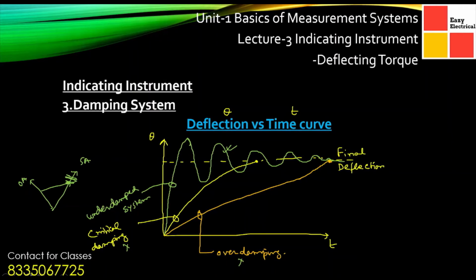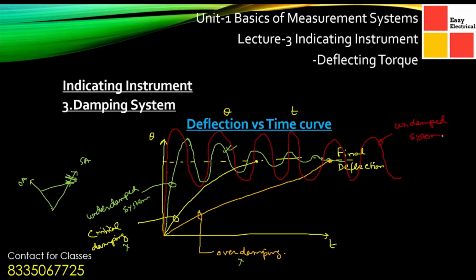One more example I can give you is what we call the undamped system. In an undamped system, basically the damping system is not included. In that case, what will happen is we cannot even reach the final output. This is the undamped case. This undamped situation makes it very difficult to obtain any final value. This is an undamped system. So by this explanation you can understand some of the characteristics.